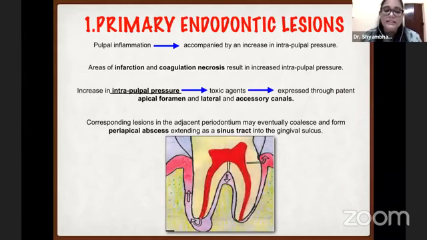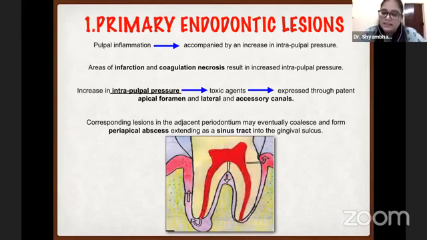So firstly, we'll start with the primary endodontic lesions and we'll discuss the various treatment options. Basically, in primary endodontic lesions, pulpal inflammation occurs, which is accompanied by an increase in intrapulpal pressure, because of which there are areas of infarction and coagulation necrosis, which will result in increased intrapulpal pressure. And this increase in intrapulpal pressure will lead to the release of toxic agents, which are expressed through the patent apical foramen